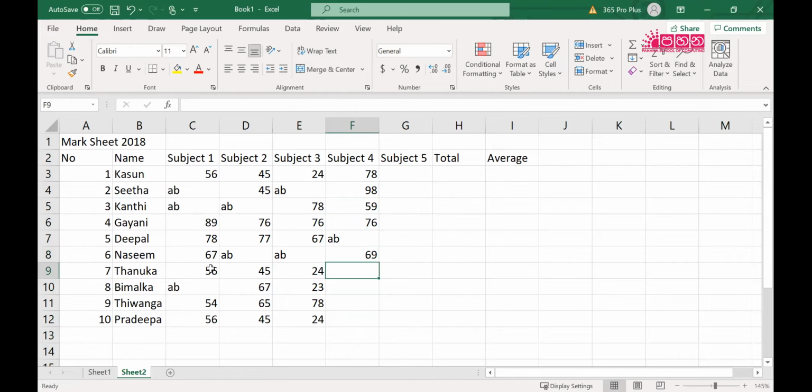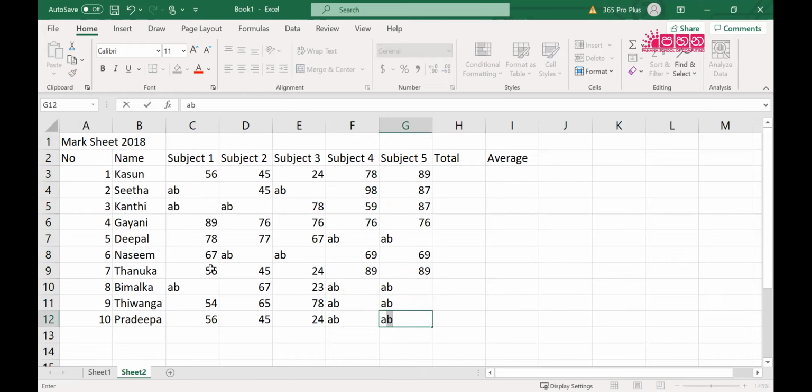Yeah, 69, 89. Last 3 rows it's absent. Last one, subject 5. 76, absent. 69, 89, again absent. Right, I think that's all you have to type.